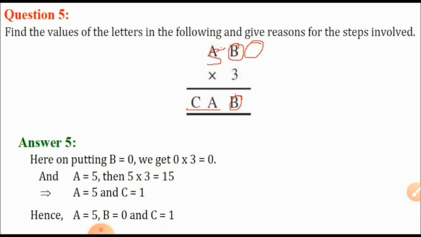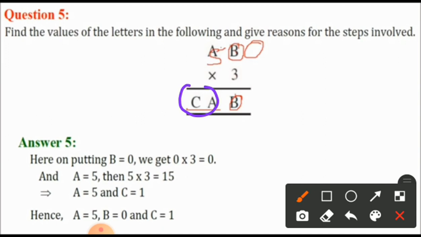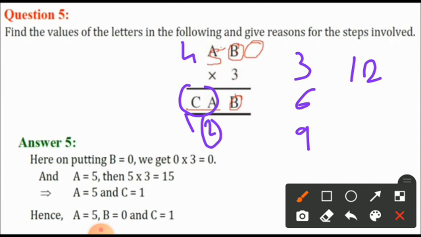Now 0 is there. What will be the answer? 3 into A. What will be the answer? 3 into A. So with 3, which number's table should we multiply to get a 2? Which number are you taking? 3 1s are 3, not possible. 3 2s are 6, 3 3s are 9, not possible. Take 3 4s, because I want a 2 digit answer. This is a 2 digit answer. So up to 3 3s are 9, not possible. Afterwards I want to think about 12. If I put 4 here, 4 3s are 12. So 2 is here, A is equal to 2 and here is the 4. That's why this is not possible.